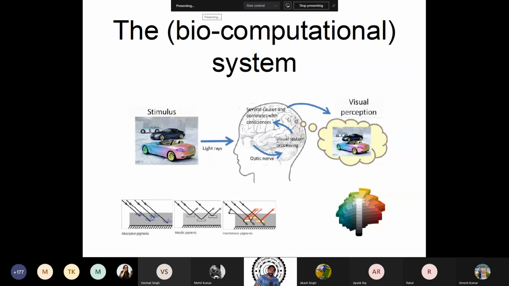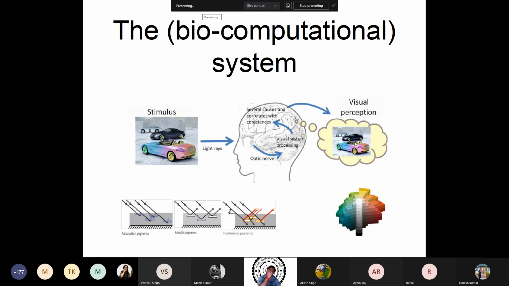Once you go to V5, you have other processing coming in from the parietal cortex, and memory coming in from the temporal cortex, and something else coming in, like decisions or judgments from your prefrontal cortex, which is towards the front part of the head, all put together. All this process is put together, please remember, not just the sensation. All this process put together is the visual perception of a car.